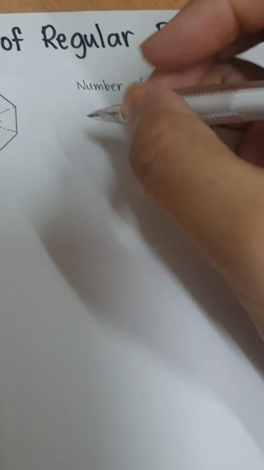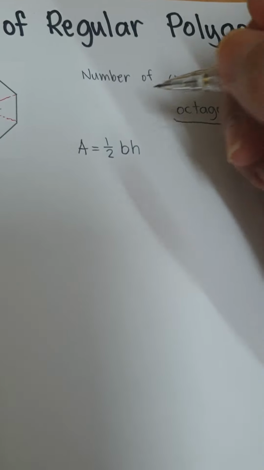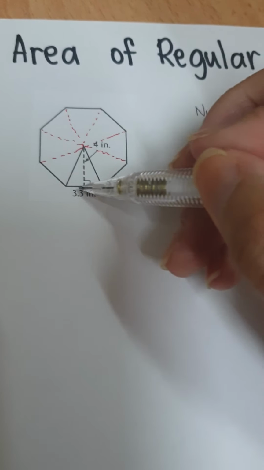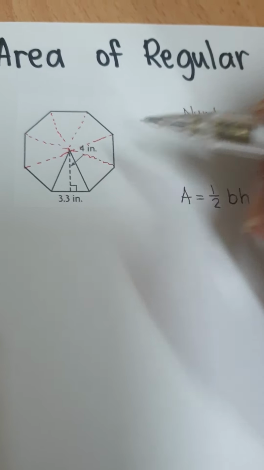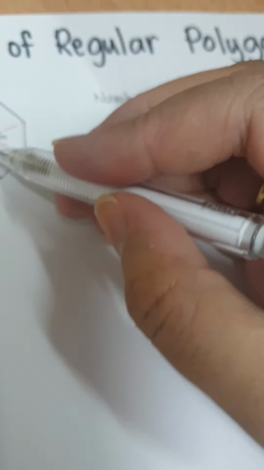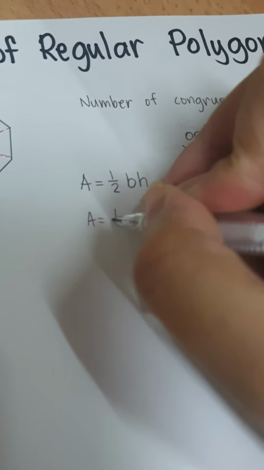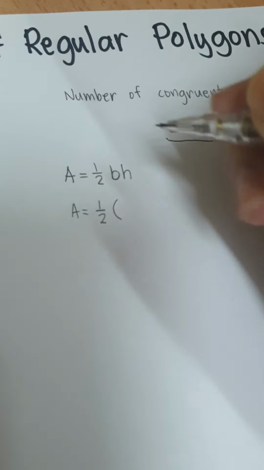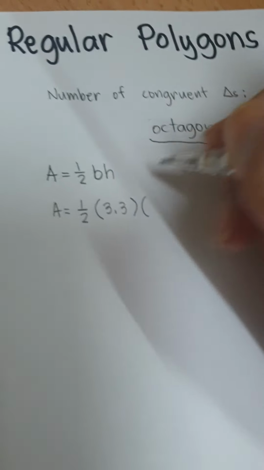Going back to the area of triangles, we have A equals 1/2 times the base times the height, or A equals 1/2 BH. So here, we have the base that is 3.3 inches and our height is 4 inches. So we are just going to substitute those given to find the area of one triangle. So one triangle will have an area of 1/2 times the base, which is 3.3, times the height, that is